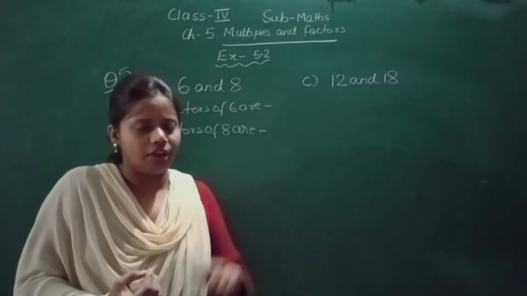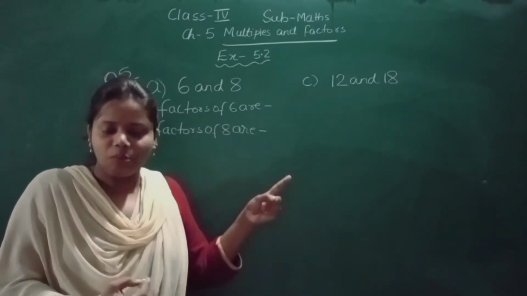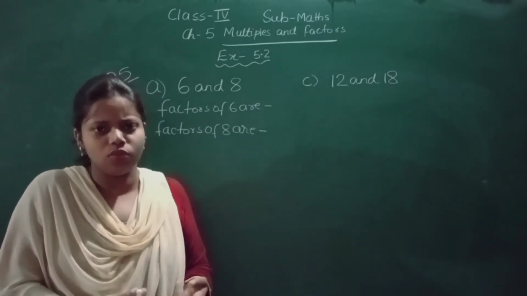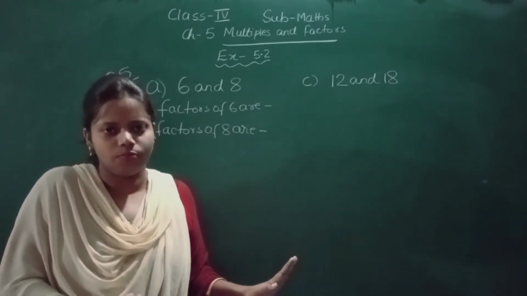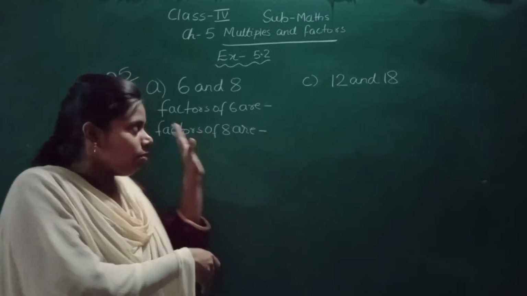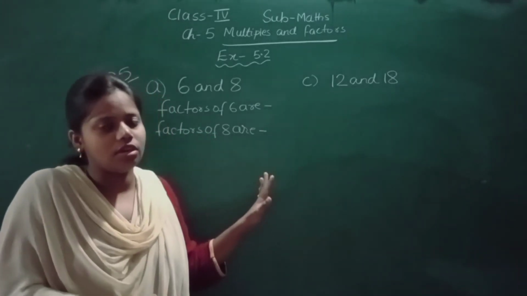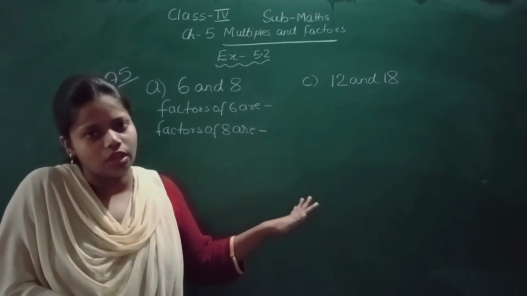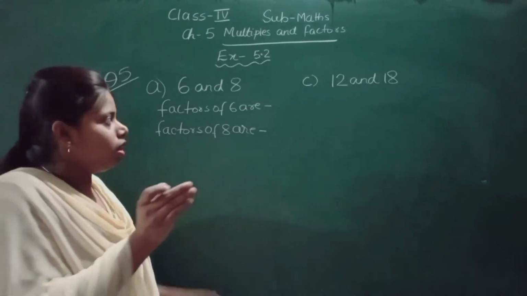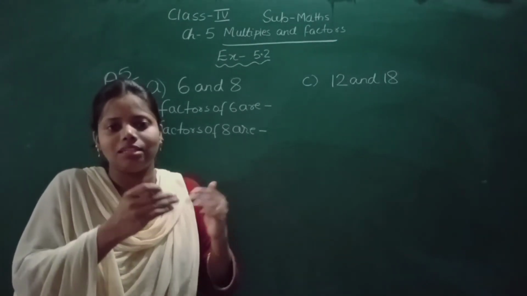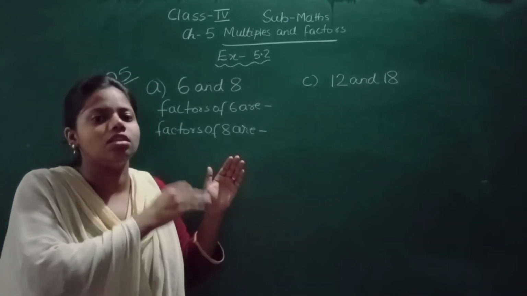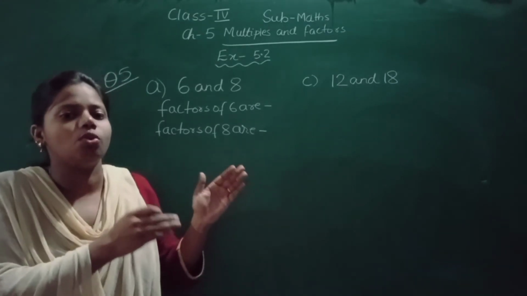You know that 1 is a factor of every number, and in my previous question I said that we already know that 1 and itself are factors, every number is a factor of itself, so we did not write that. If we write that also, it is not wrong, but we already know that, no? So why write that? But here we have to find the common factors, so here we will write 1 also and itself also. Then only we will get the common ones. If we do not write that, we may not get the common factors, because sometimes factors are not the same in both, but at least 1 is a common factor. That means that particular number comes at least in the table of 1. That is why here we have to include 1 and itself also.